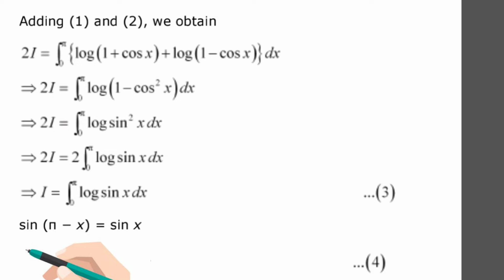After that, I use sin of a minus x. If I use a minus x, then I get sin x. In these cases, I can change the limit, because it is given 0 to pi. So I multiply and divide by 2 on the upper limit according to the rules of 0 to a f of a minus x, and it is denoted by 4. And it is equation number 4.